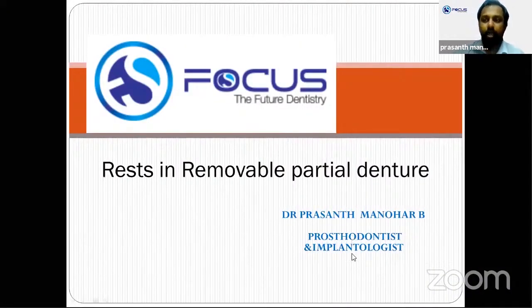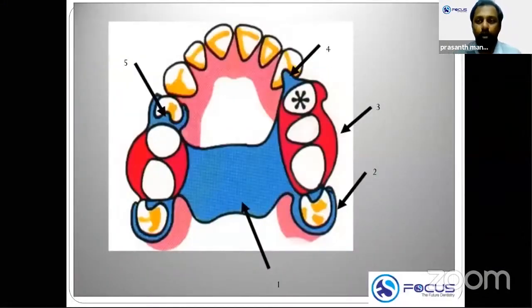Hope everybody is familiar with the components of removable partial denture. So what are the components? First, we will have to know about the different components of removable partial denture. This topic, removable partial denture, has very frequently asked questions, and we all know that we are not that familiar with cast partial dentures, so we get confused. So we should have a thorough idea about the components, how it is fabricated, and the different types of indications, everything. Now I have marked the different components with numbers.